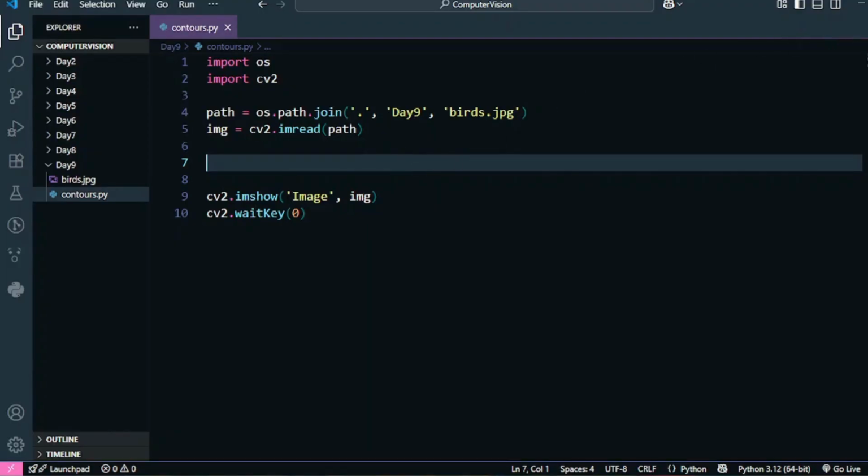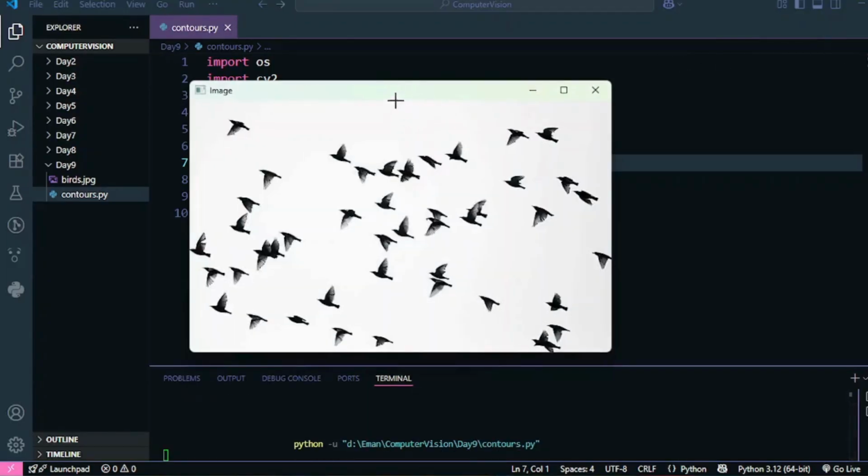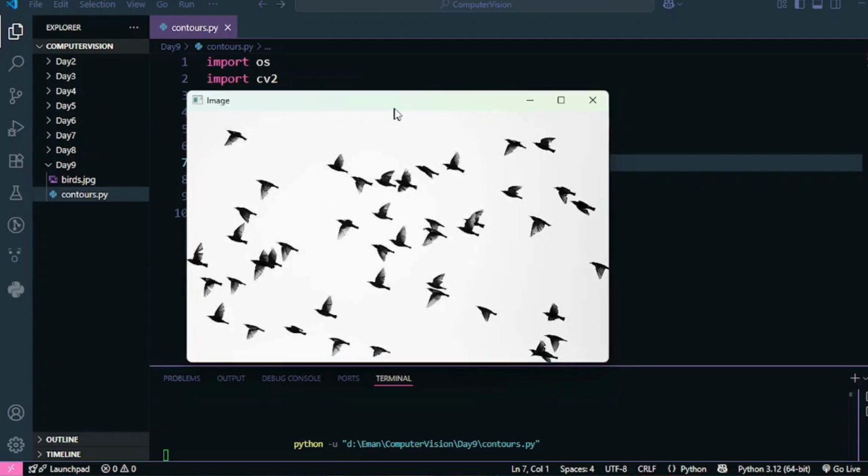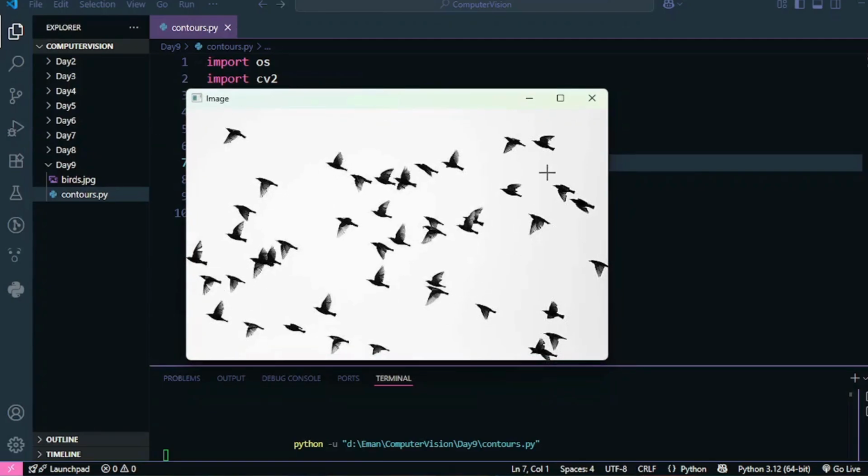But before we talk about contours, let's first see the image that we're going to deal with. I specifically chose this image for two reasons. Reason number one, this sort of image in which the objects are separated from the background and does not have much noise is very good for understanding contours and for creating an object detector, because as you can see, the objects are clearly separate from the background. The background is completely white and the objects are completely black. The second reason was because it's my choice. That is why I chose this image to work with.